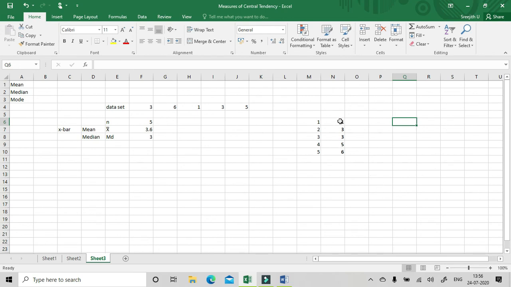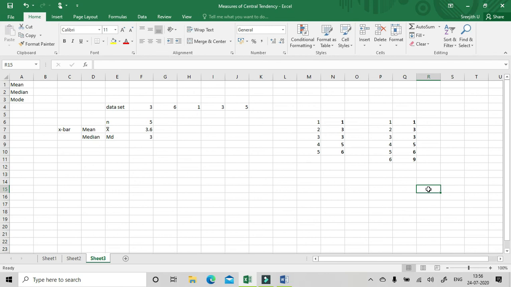Let's say instead of 5 observations, we had 6 observations. Let this be the 6th observation. Let it be, let's say, 9. So in our new data set we have 6 observations. What would the median now be? According to our formula, you have to find the position, which is given by (n plus 1) by 2. N here is 6, the total number of observations, plus 1 is 7,